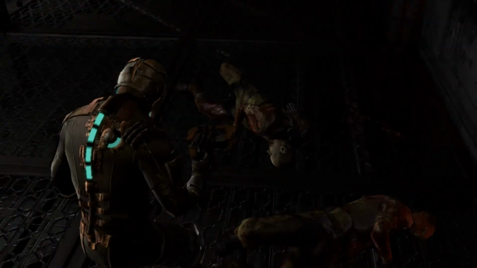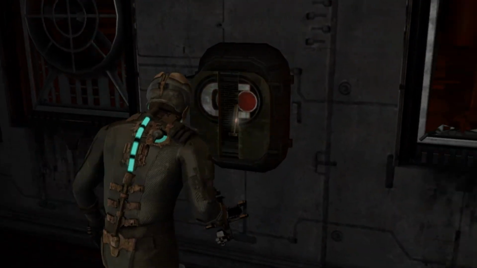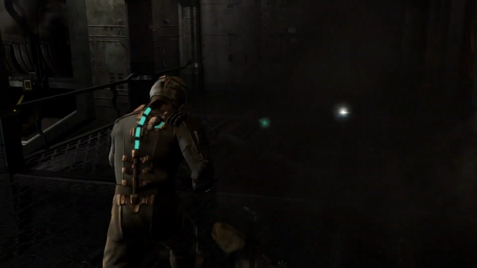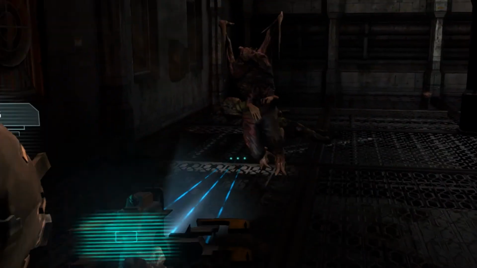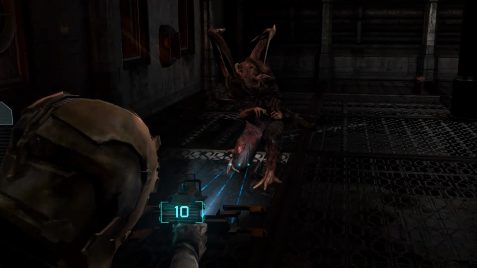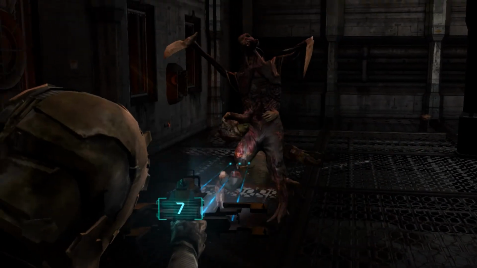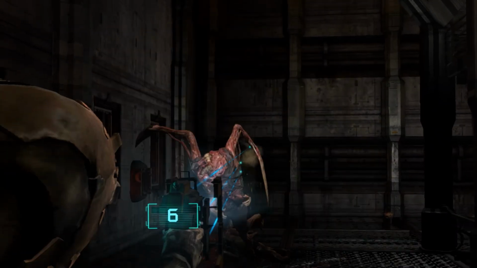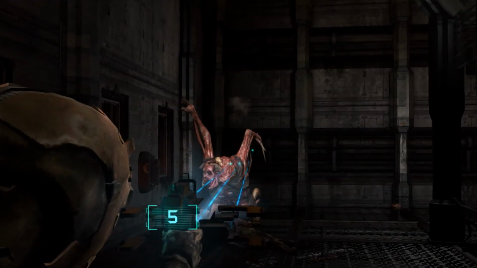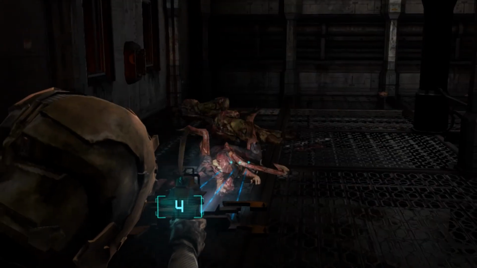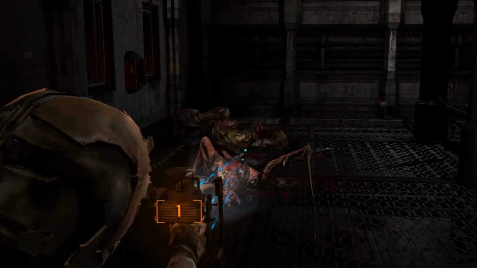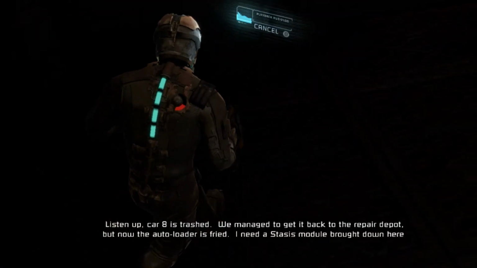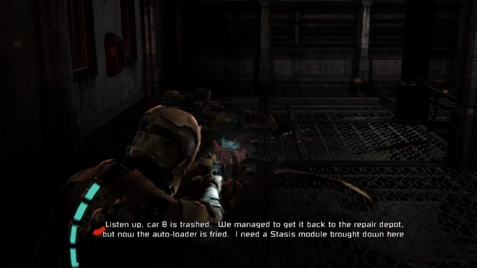Heal there. Probably didn't need to use that health pack, to be honest, but playing on a computer is a little bit trickier than playing on a console. There we go. So now you can see what I'm talking about with the stasis. But still getting used to this whole mouse and keyboard thing.